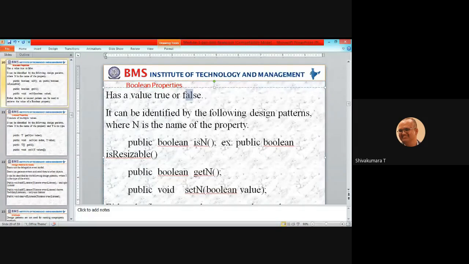For example, isResizable or isRecolored, and so on. Okay, is it clear?